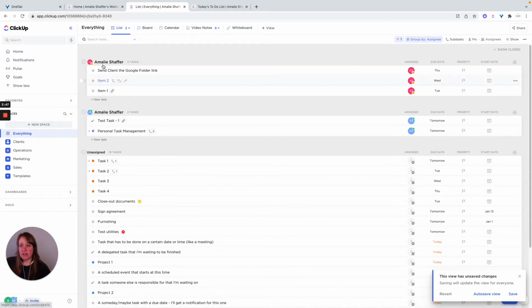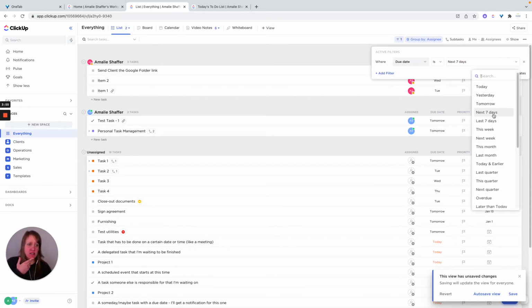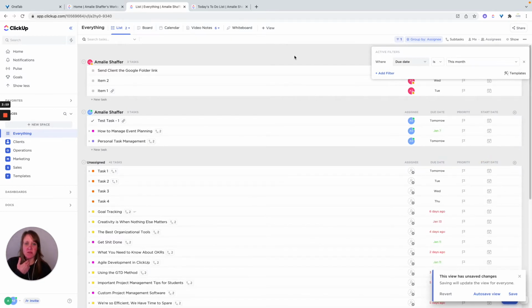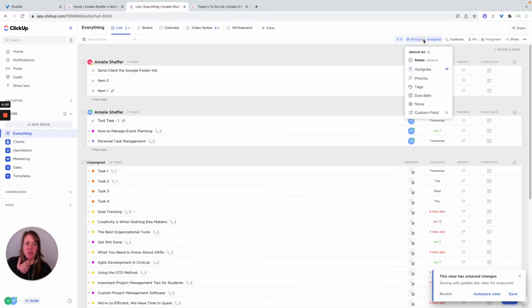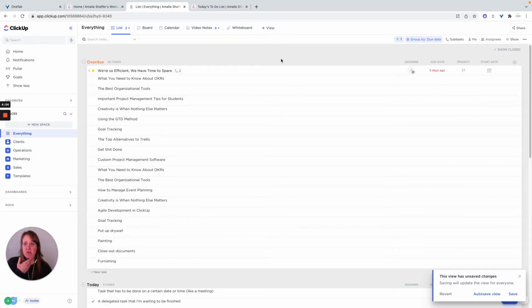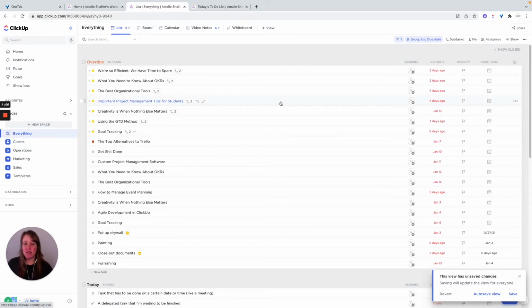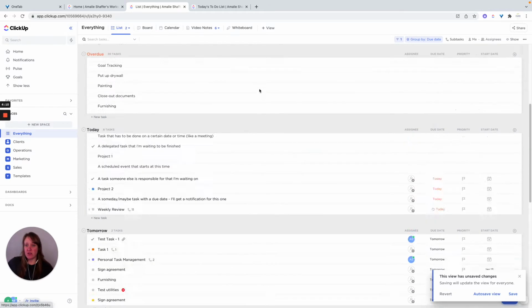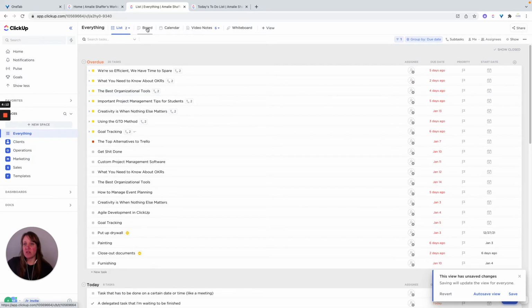So now we can see here that it is grouped by our assignee, and we looked at the due date. Maybe we want to see this month. Maybe we want to see everything that's due this month, and we want to organize that by due date. So it's going to show us everything that's overdue and then everything that's due in the future. So that's one way of looking at it. You can do the same thing